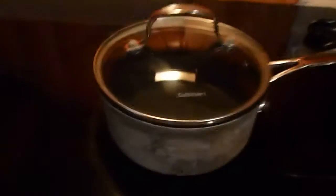So the first thing I do is I went out and I got this off Amazon. It's a Cuisinart pot, and it's just the right size for this amount of rice. I'm going to be making it on the stove top, and our step one,